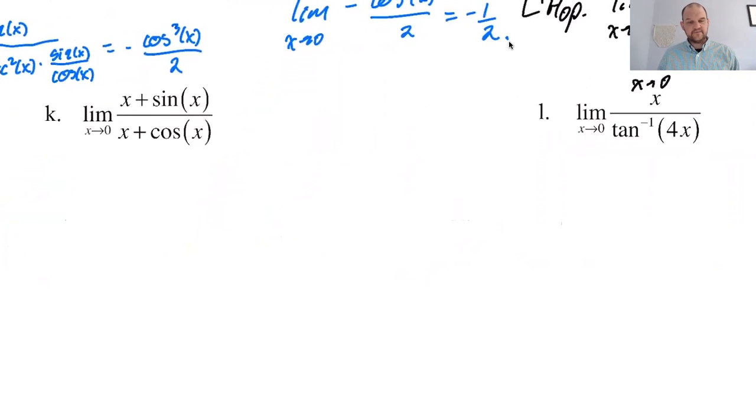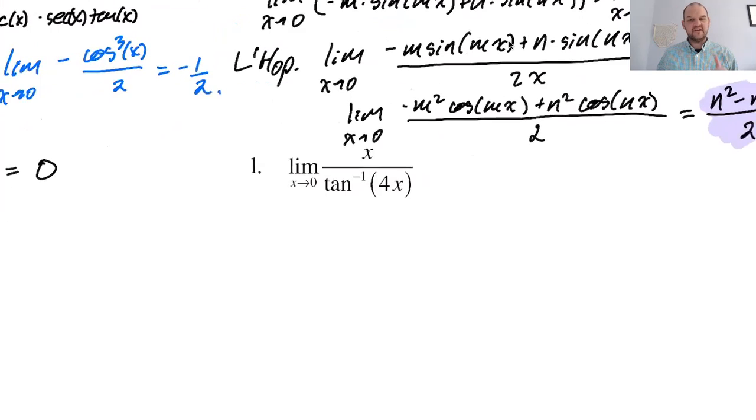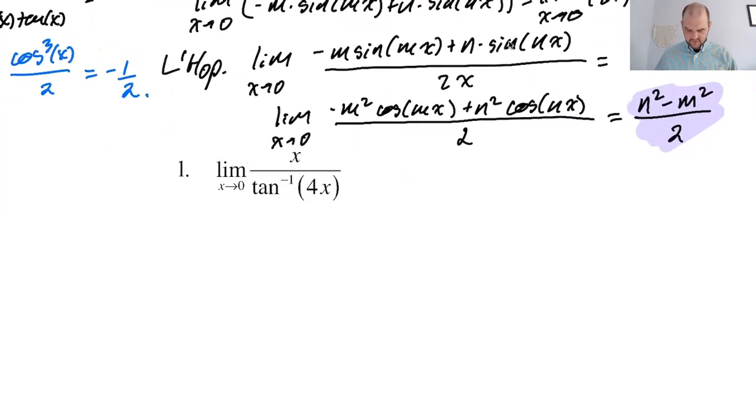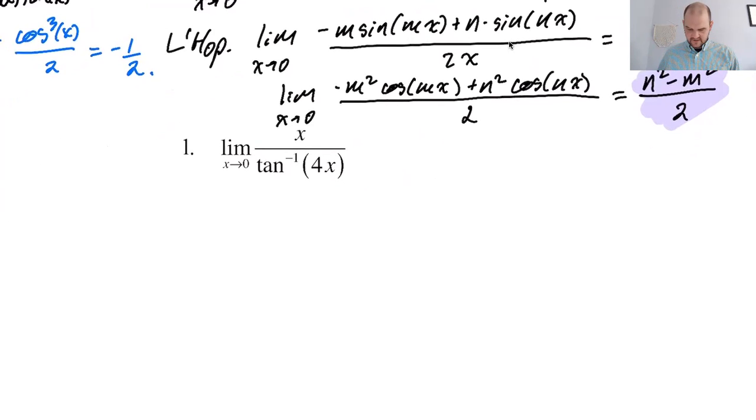All right, let's see. If you plug 0 in the numerator, you get 0 plus 0, you get 0. Plug 0 in the denominator, you get 0 plus cosine of 0 is 1. So this is actually 0 over 1. This is 0 and we're done. Yes, finally, it pays off that we're trying to evaluate these by direct substitution. That's 0, and we get to move on, which is awesome, because this one is not 0, and I don't know how complicated it'll be. So